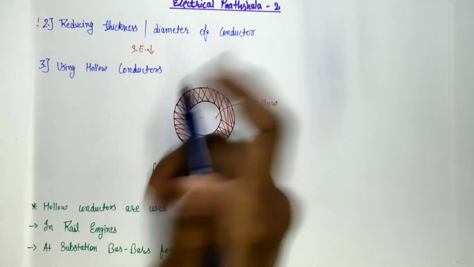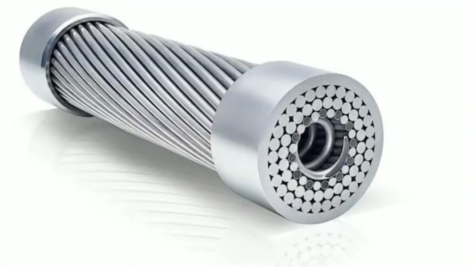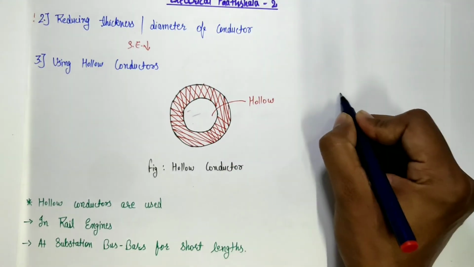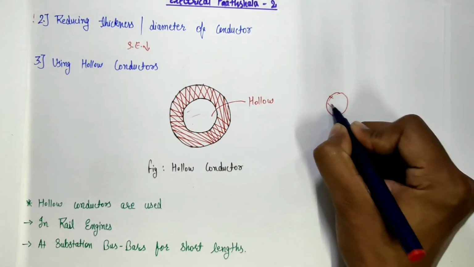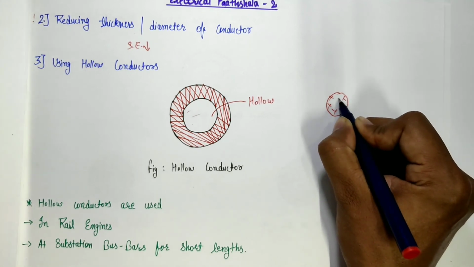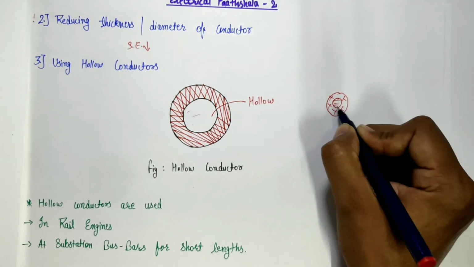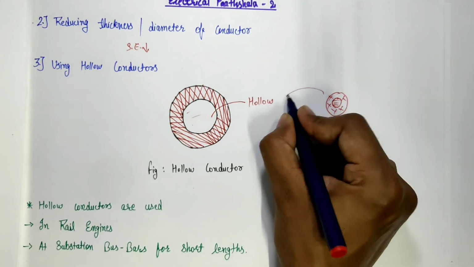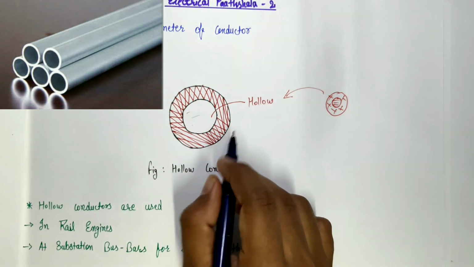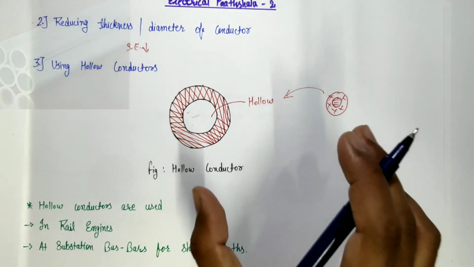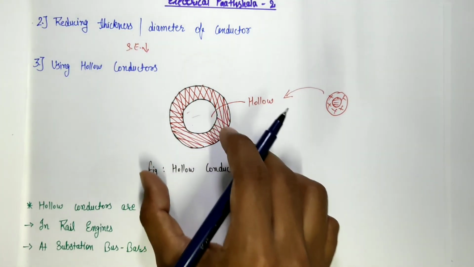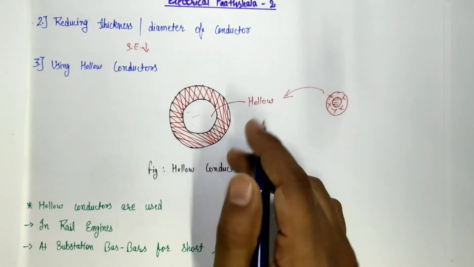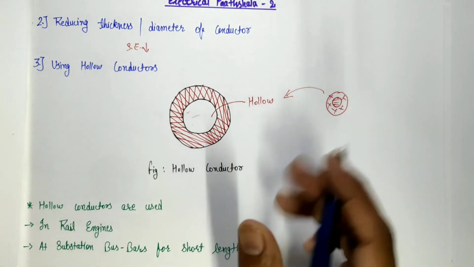Now to reduce the skin effect significantly, we use hollow conductors. So our third method is by using hollow conductors. By using the hollow conductors, we can significantly reduce the skin effect. As you know, in case of solid conductor, due to skin effect, the current concentrates over the surface of the conductor, and this much part of the conductor is wasted. Now if we remove this waste part, then what do we get? We get our hollow conductor. So by using hollow conductor, skin effect can be significantly reduced. But we cannot use hollow conductors in all applications because of some mechanical consideration and high cost of the hollow conductors. So where are hollow conductors used?